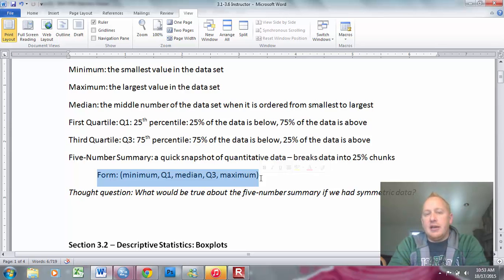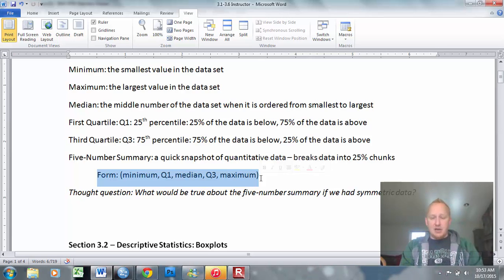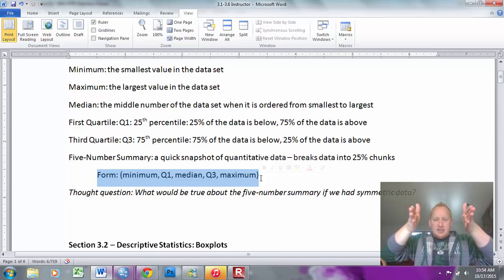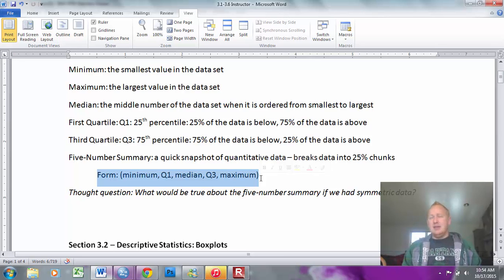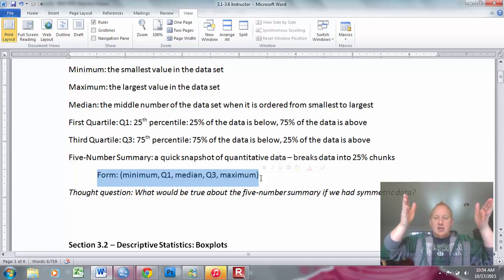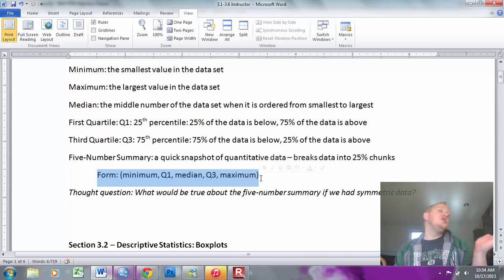But if we have symmetric data, the symmetry, remember, symmetric means both sides are roughly mirror images of each other. So our symmetry is going to lie through our median. Well, if we have symmetry through our median, then the distance from the median to our quartiles is going to be the same. If it's perfectly symmetric, then it's also true that the distance from the median to the minimum and maximum are the same distance as well. And then we can use the transitive property to say that the minimum to Q1 is the same as Q3